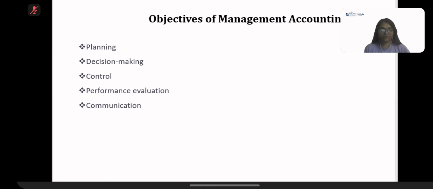Then comes control. Management accounting provides a system of control students that ensures the actual performance is consistent with the planned performance. आप यहाँ पे क्या करोगे? एक बजट बनाओगे, कंपेयर करोगे आपके एक्चुअल रिजल्ट्स को जिसके साथ आपने स्टैंडर्ड सेट किया है, सो दैट आप आइडेंटिफाई कर सके अगर कोई वेरिएंस है। अगर वेरिएंस आइडेंटिफाई होता है तो फिर आप उसको करेक्टिव एक्शंस के साथ लेके इम्प्रूव करोगे सो दैट द परफॉर्मेंस कम्स ऑन ट्रैक।